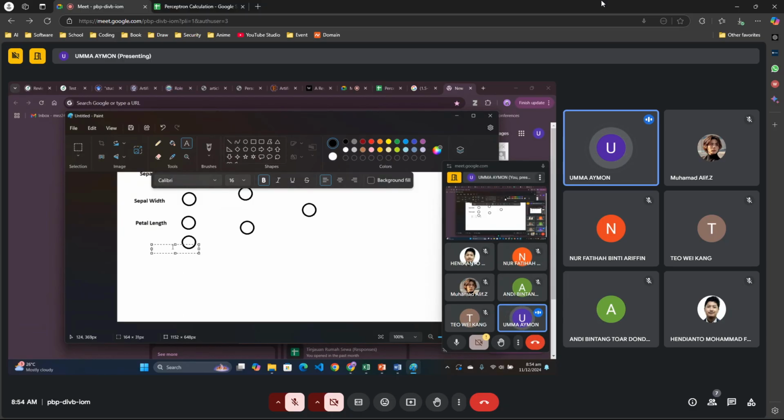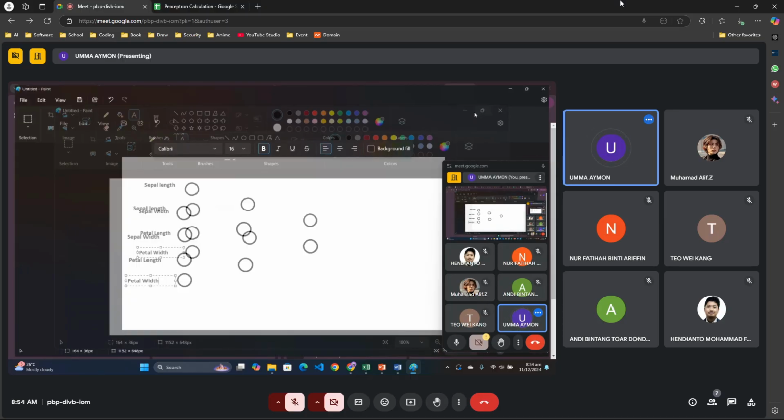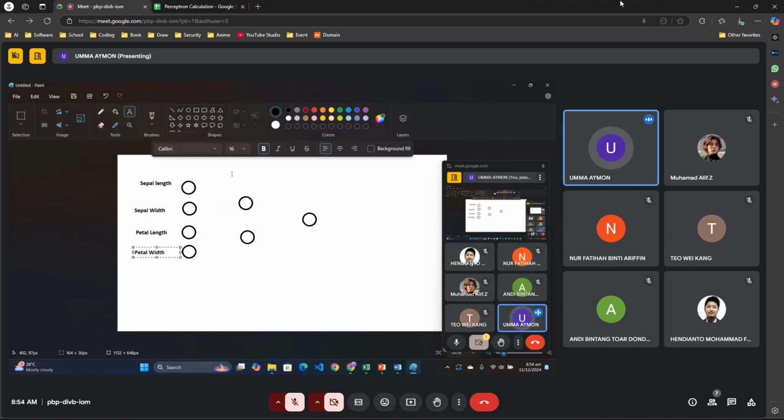And this one is petal width. So using this, if we draw our network,